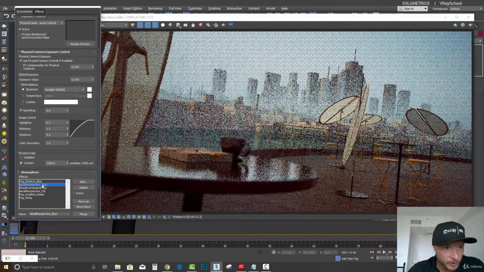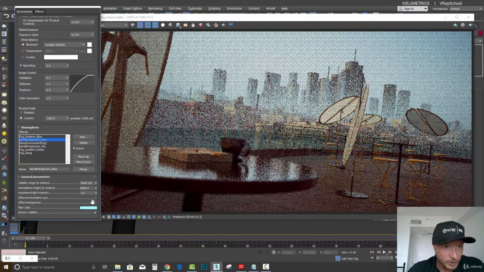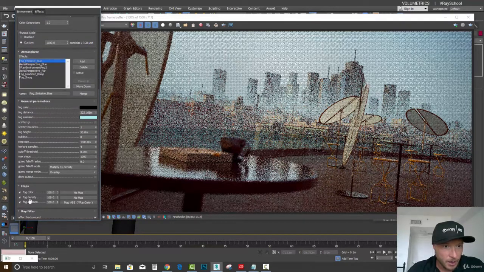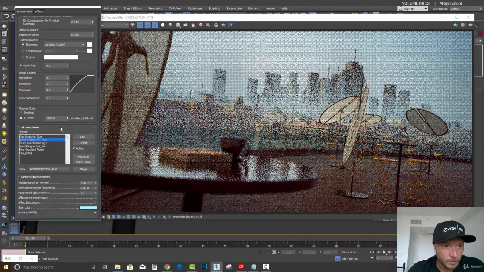That's supposed to be very similar, but this one made with the aerial perspective blue. And you can see it's just the blue color, the fog emissive. It had color in the emission here. So you guys need to also adjust the fog distance in order to make this work properly. But let's just disconnect that and connect aerial perspective